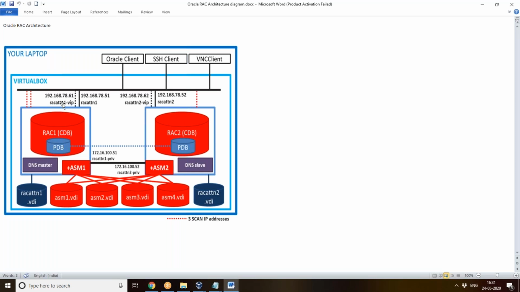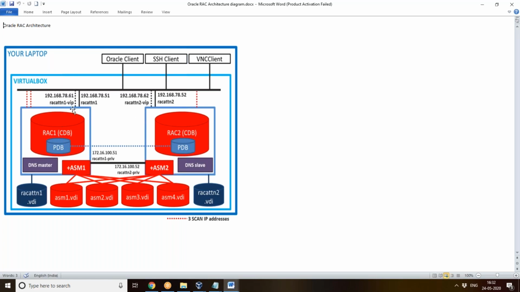Instead of this instance, because it's not able to connect through the public IP, that's why even if this instance gets crashed, through the VIP it's failing over to the other instance. The application can connect directly with the other instance, the second instance, through the VIP. Can you follow, Kamesh? Yeah, ma'am.